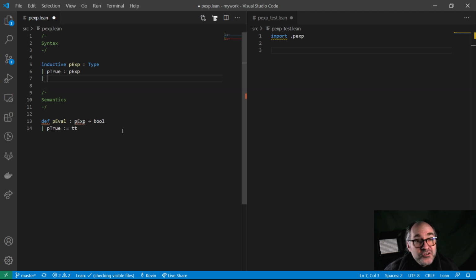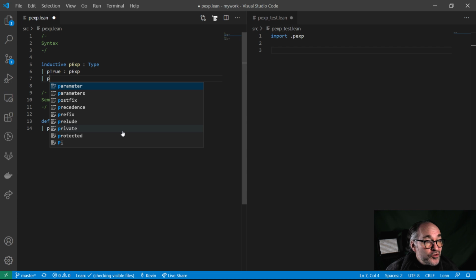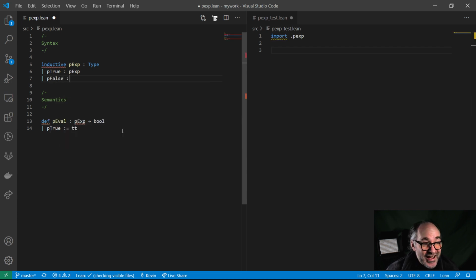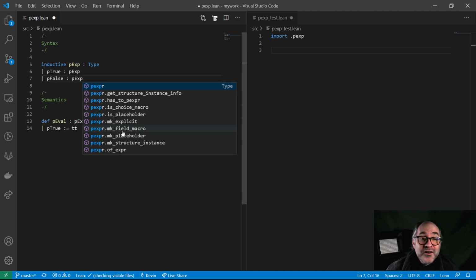Good. Okay, so we're going to add a second literal term to our language. We'll call it p false. This is a piece of syntax. In other words, a parameter-free, which is to say a constant value of type pexp. Okay, it's a second term in the syntax of our language. And now,